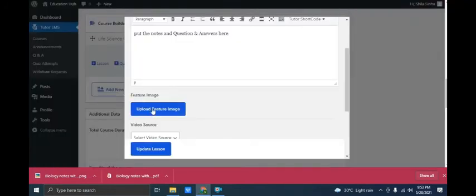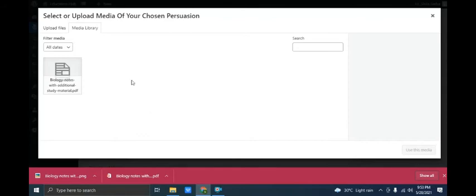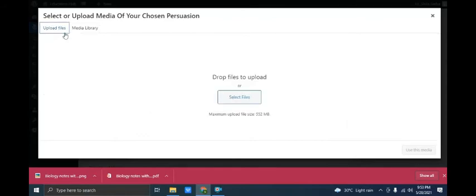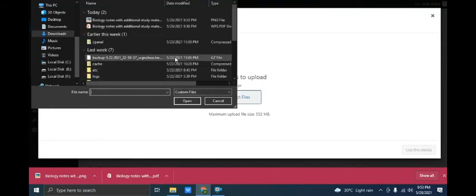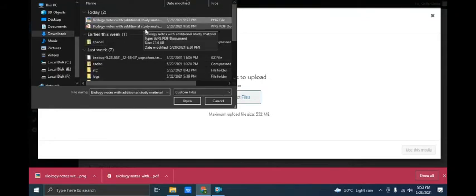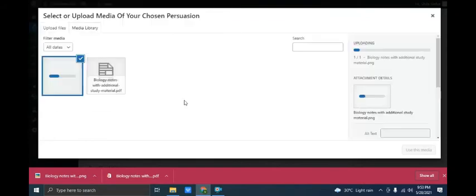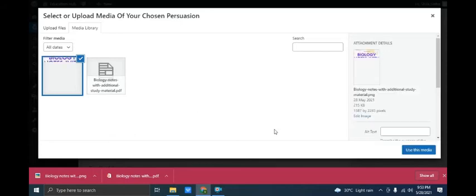Now see, I have downloaded this PNG file because this is the finest file, and even if you zoom it, the form will not become blur. So that is the quality of PNG file. So now upload the feature image from here and select that PNG file which we have just downloaded.